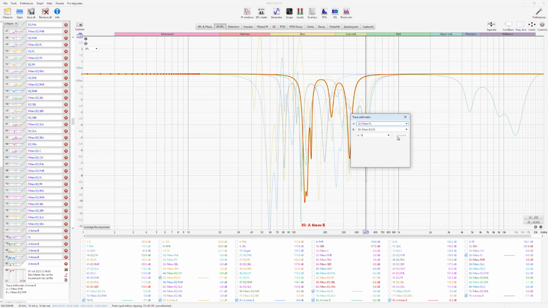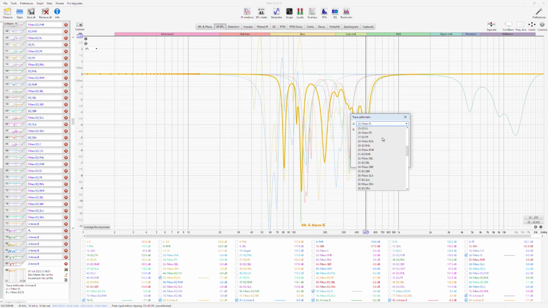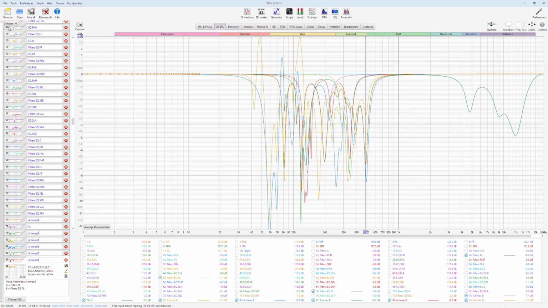We do the FL one more time here. Where was I? Okay, it doesn't write the numbers.